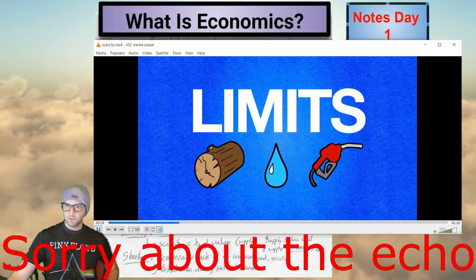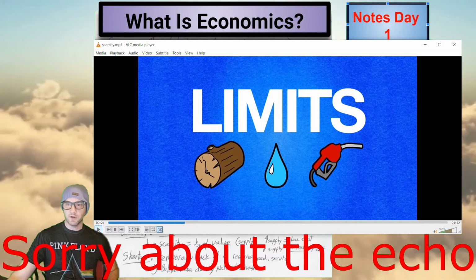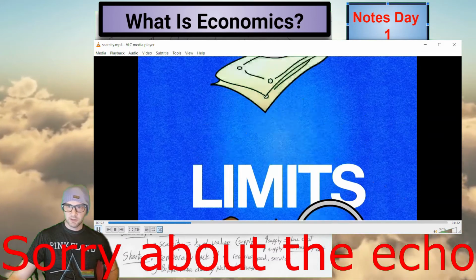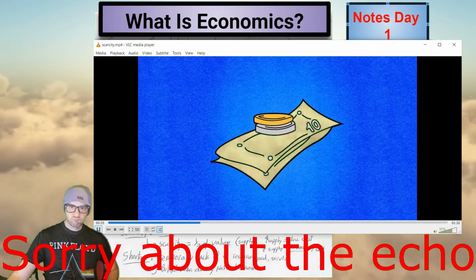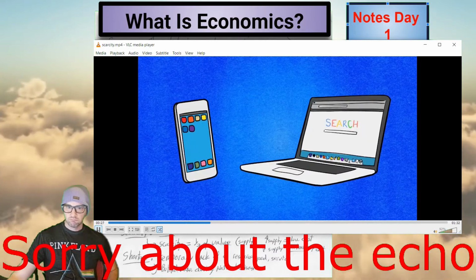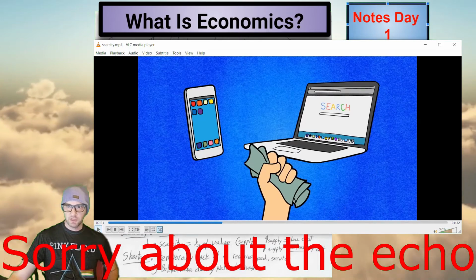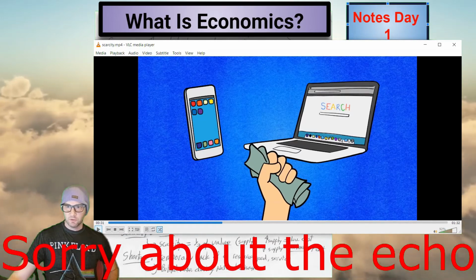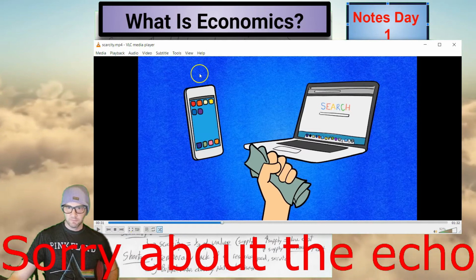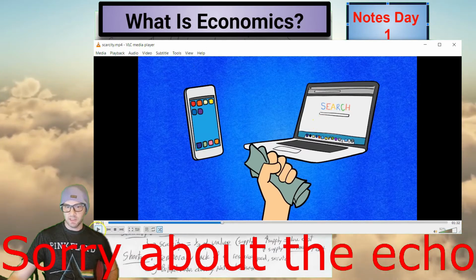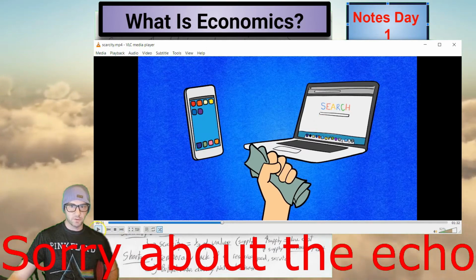Scarce resources. Why are these resources scarce? Why are you asking questions? Because they're hard to find. Money is a great example. Let's say you want a phone and a laptop, but you don't have enough money to buy both. You're forced to choose between the two. Which one do you choose? 3, 2, 1. Which one do you choose? Phone. Because phones can do almost everything a laptop can. If you have to buy one, choose the phone.